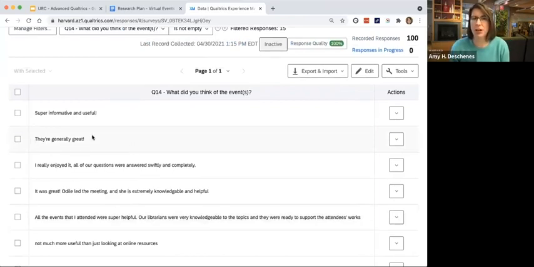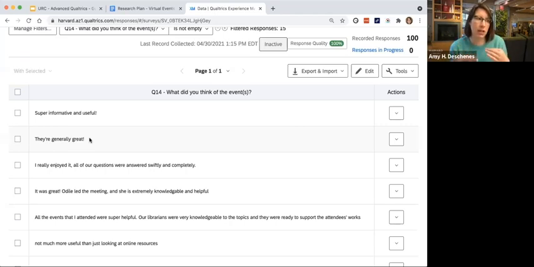Some responses are just generally great. Yay, I'm glad that person feels like that. Maybe in the future, I'll think about how to write a more specific question so people don't give that kind of response. But that's something that happens with surveys all the time. That doesn't need a tag. If you're interested in measuring positive and negative feelings, you could do something like that. But don't feel like you absolutely need a tag.